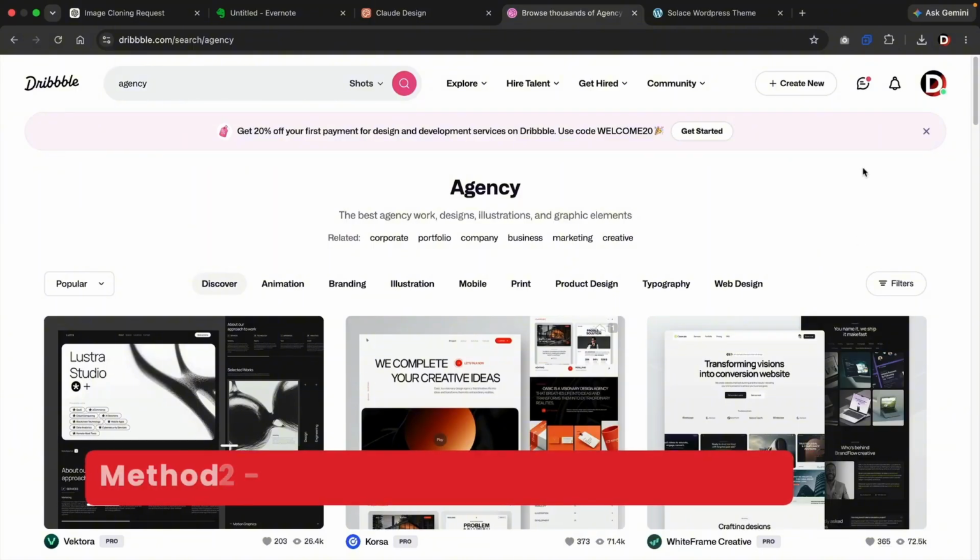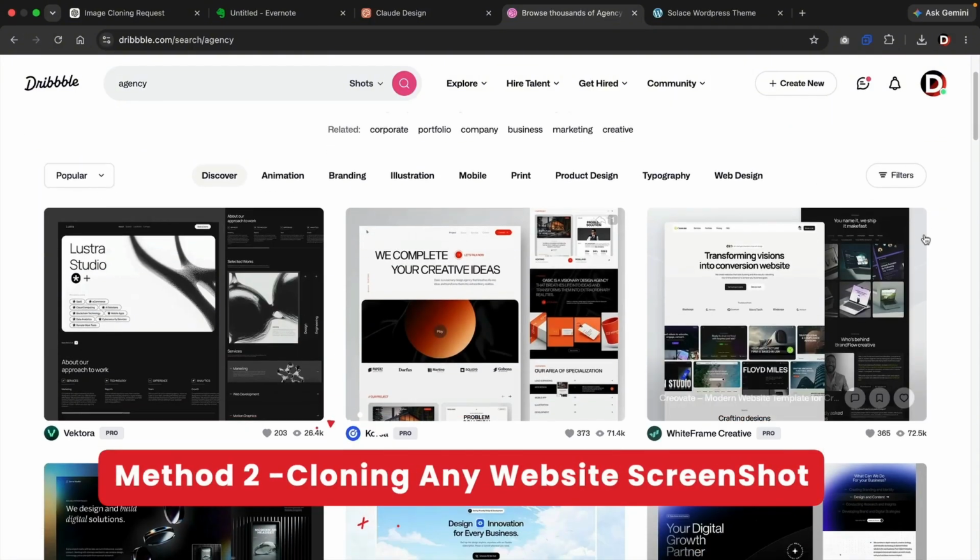Now, the second method involves taking a screenshot of any website that you find on the internet, and then we'll use ChatGPT to create the same images from those websites. Now, the beauty of using this method is you can use ChatGPT to generate images based off that initial design. You can alter or change them. You can also adjust the fonts and change the color palette, so you're not really taking away from that initial design. Now, the first thing you'll do is go to a website like Dribbble or Behance, or you can